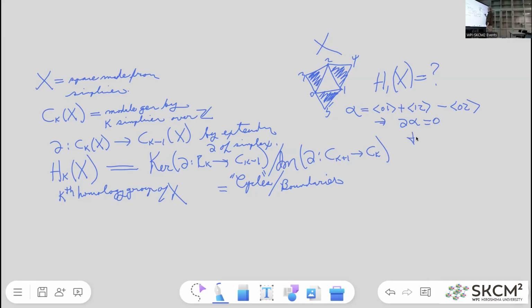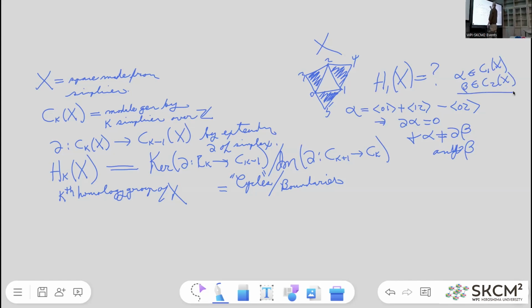And alpha is not equal to the boundary of beta for any beta. And alpha belongs to C1 of my space, and beta would belong to C2 of the space if there was one. But on the other hand, we do have that if gamma was equal to this guy here,